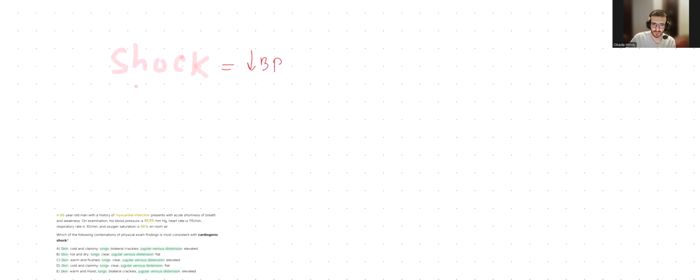Before we talk about cardiogenic shock, let's talk about the types of shock. Before we do so, we can explain this by talking about blood pressure, actually. It's blood pressure equals cardiac output times systemic vascular resistance, right? Okay, so how can we have a low blood pressure? It's by either having low cardiac output or by having low systemic vascular resistance, right? If you have a low cardiac output, well, that's the case in three types of shock, actually. It's the cardiogenic shock, it's the obstructive shock, and hypovolemic shock, right?